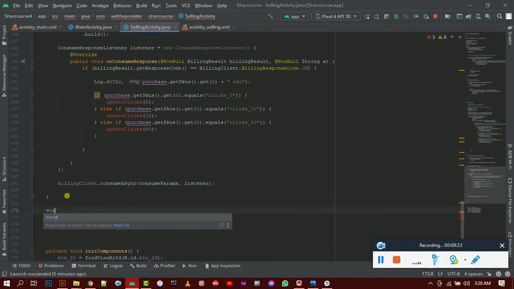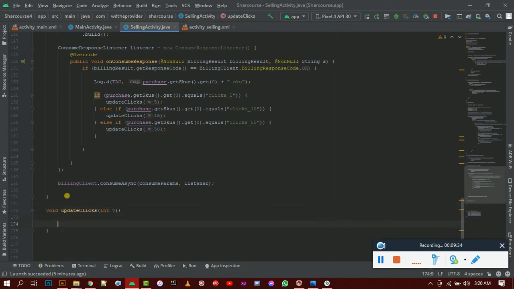Say void update. It's taking a string and an integer. So I will say log, test me, you have purchased the purchase fee. So after purchasing